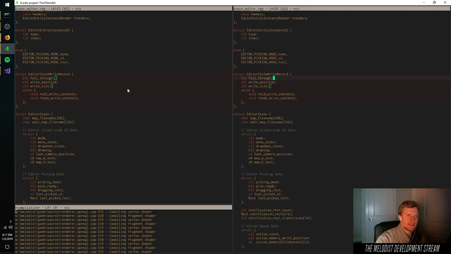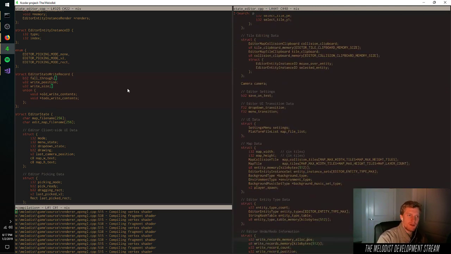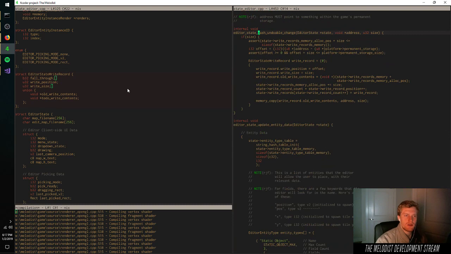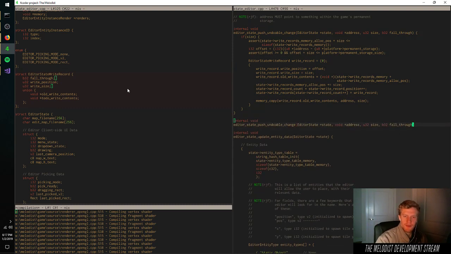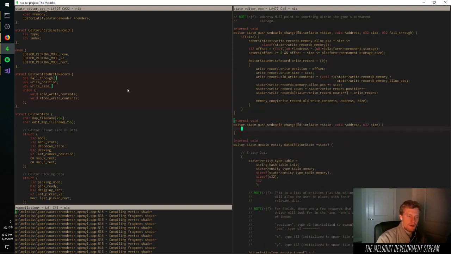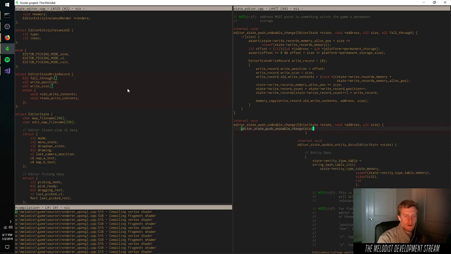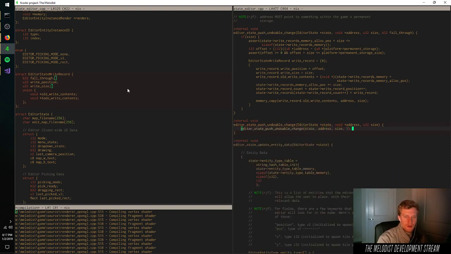And then it's as simple as saying, when we push an undoable action, we already have a bunch of calls to push undoable change, so we'll actually just overload that function. So we'll just say fall through, and then if this function is called without that argument, we'll just call push undoable change with a 0 for fall through, so that it stops for sure on this change,